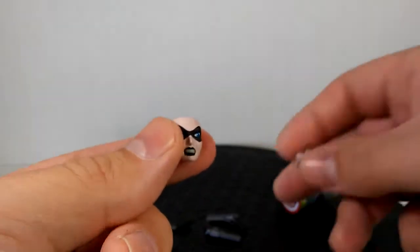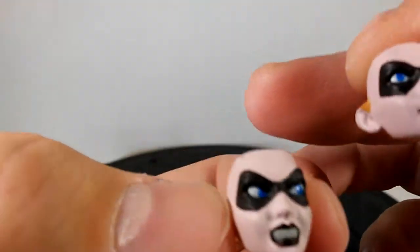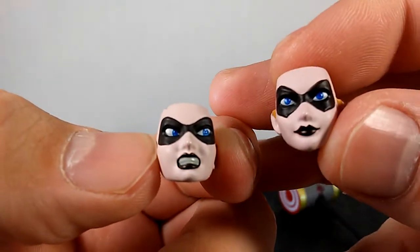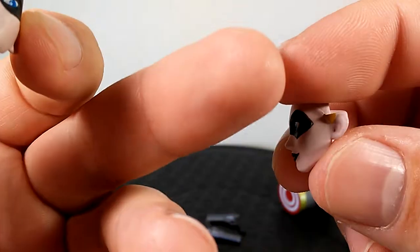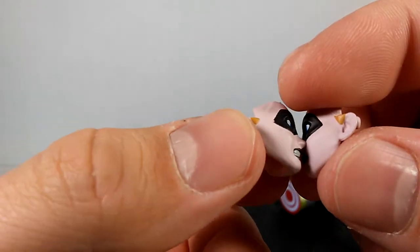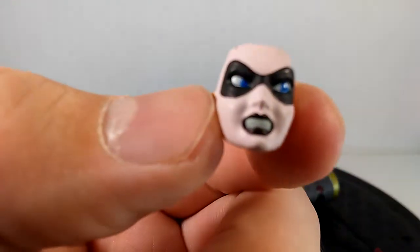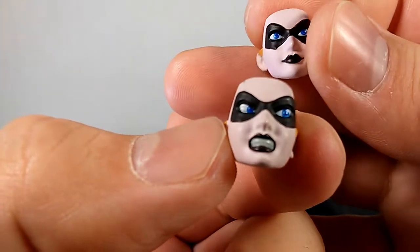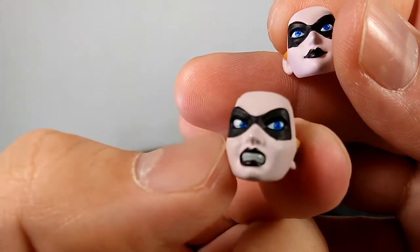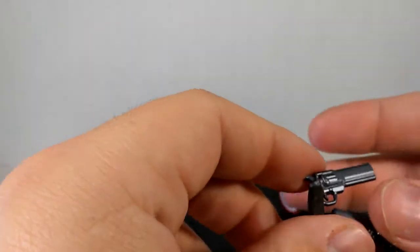and then we get the two different faces. Well, actually three. I mean, you already saw the other one. So we have the angry face, which is cool. Then we have kind of like the neutral face. Then we have her earrings. Or no, not her earrings. That's basically a part of her hair. But yeah, the mask is sculpted on like that. Did a really awesome job. No paint smear, really. Really cool. Nicely sculpted. And then we get the revolvers,